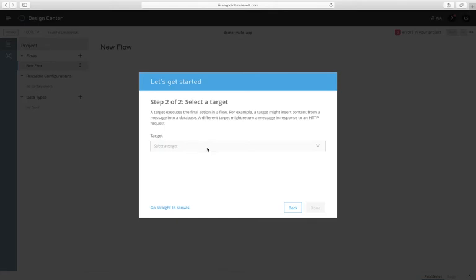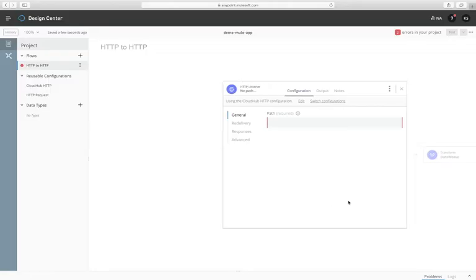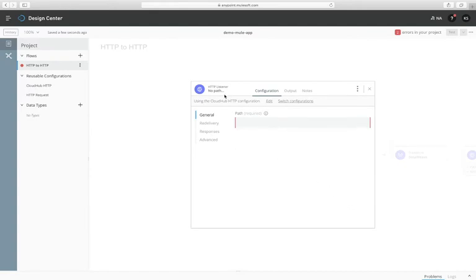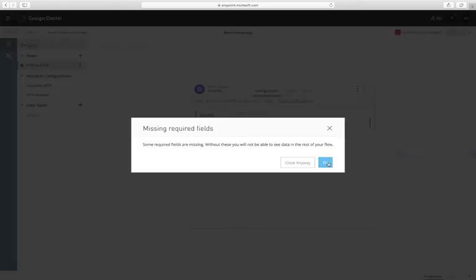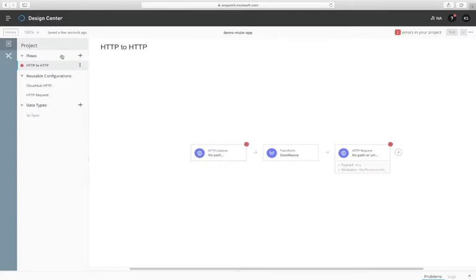So in this example, I want to call a REST API only. So again I will select HTTP and then I will use requester, since I want to call a REST API. Done. Then it will ask about the configuration of the listener and all. Since I am not going into detail for now, I am closing this, and I will go back. So in this way you can create a Mule application in Design Center.